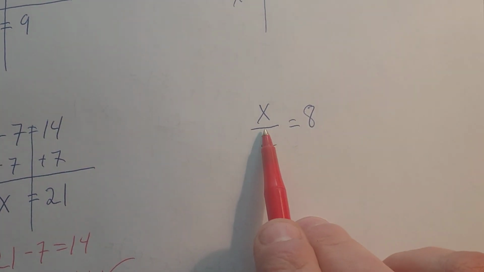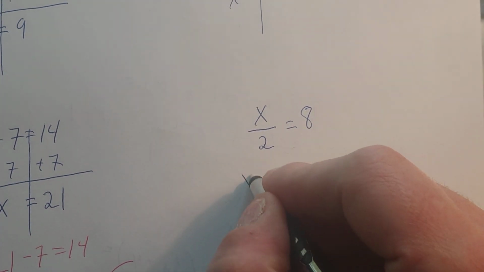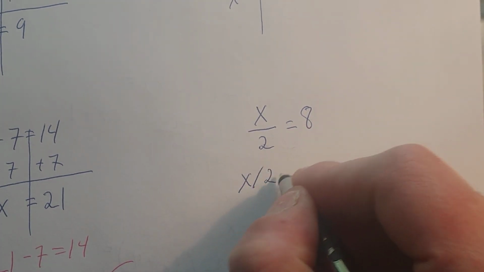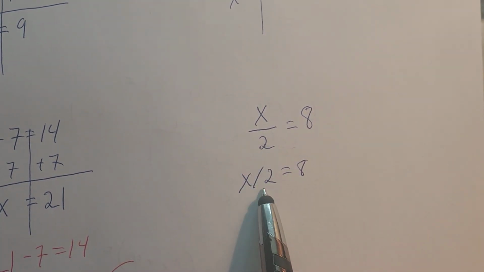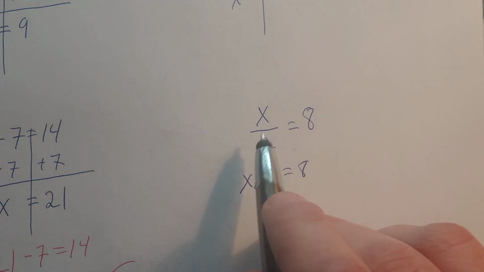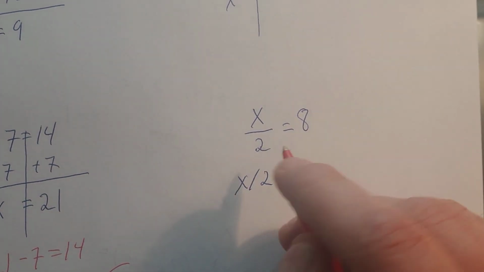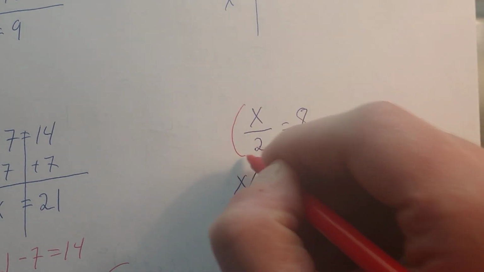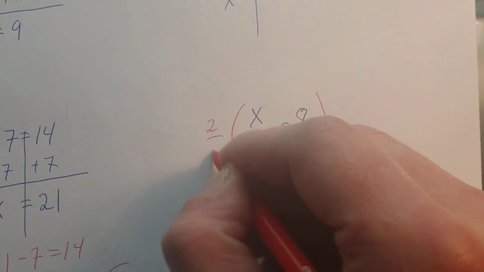Alright, so you see how this is a fraction. Now in my computer, on the assignment, you may see it like this: x divided by 2 equals 8. I like this notation a lot more than this, but I am limited. Okay, so these two are equal. Anyhow, to solve this, since I'm dividing x by 2, I'm going to have to multiply both sides by